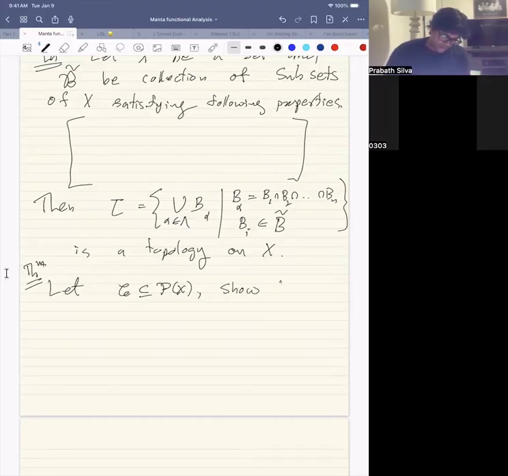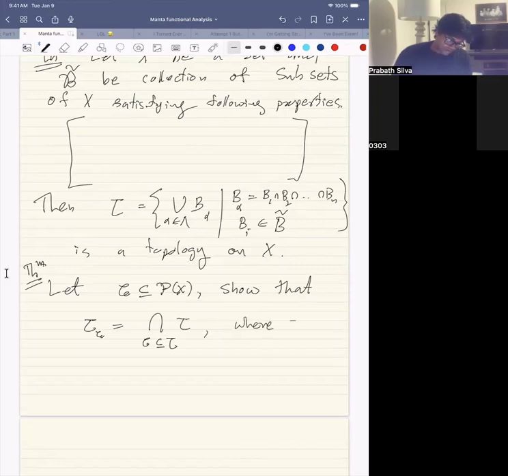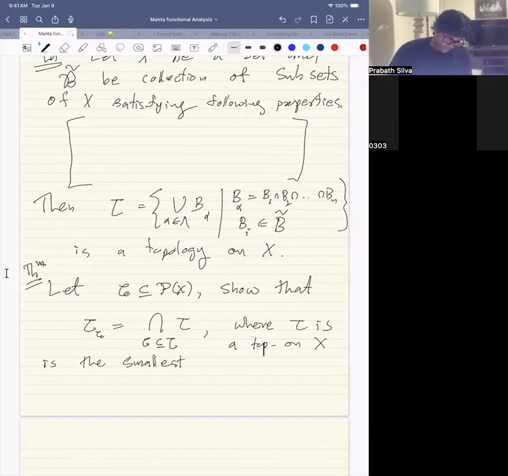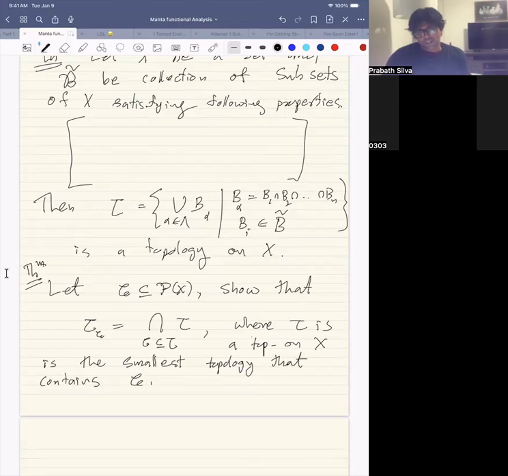Show that tau of C, given by the intersection of all the topologies containing C, is the smallest topology that contains C. Okay, so this one,